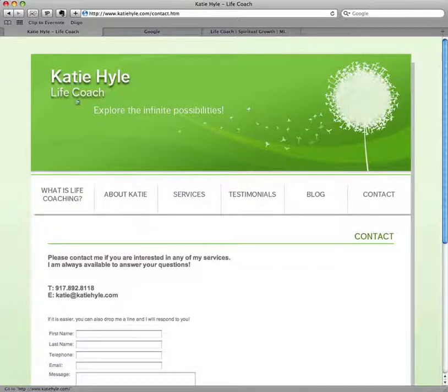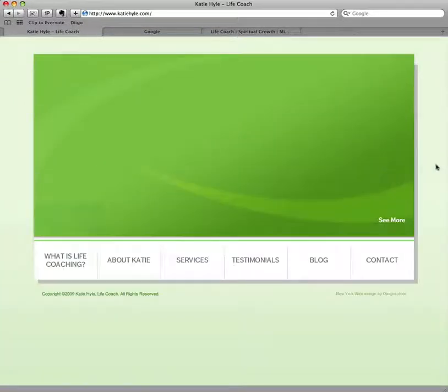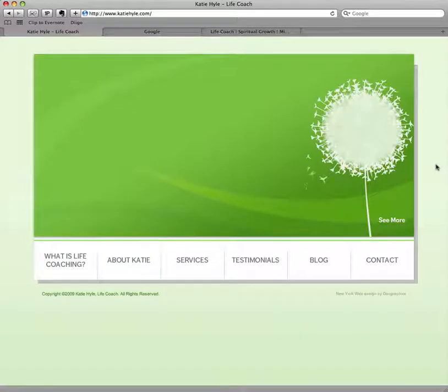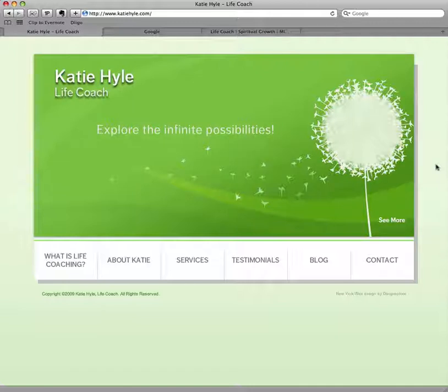So let's go back to your homepage and take a look here. The first thing I'd say is, this opening is really nice. It's elegant. I certainly like it graphically. But when I compare it in relationship to your business and what your business goals should be, which is to convert clients, this opening doesn't really help you at all. Not only does it not help you, and it wastes time, it doesn't really add anything to my life as a potential client. So you want to have something here that I can take information from, that I can see that you're capable and able to work with someone in my situation.